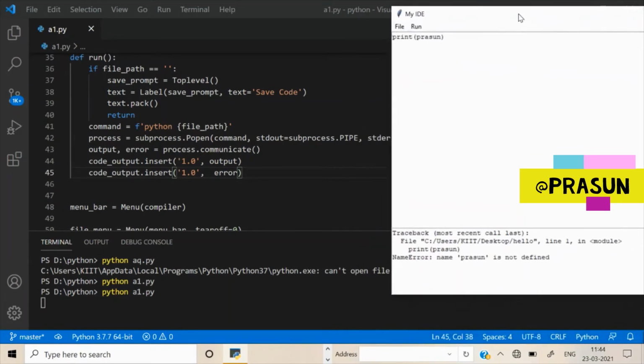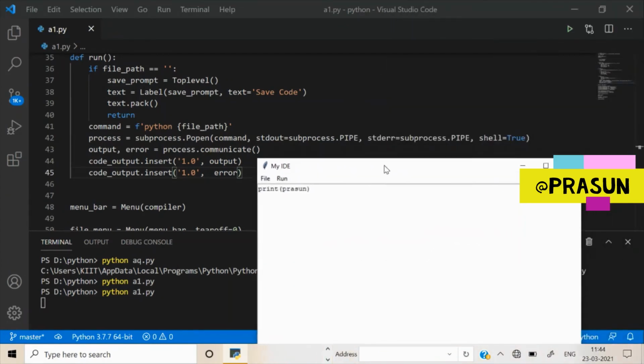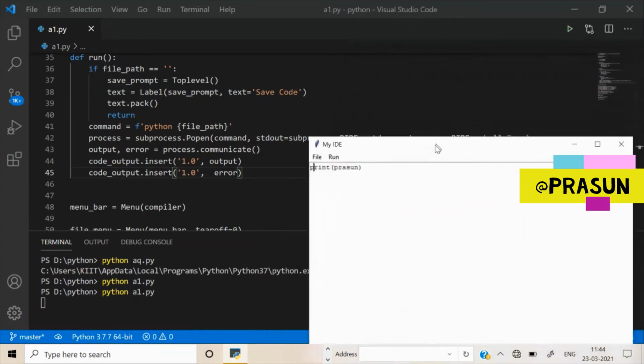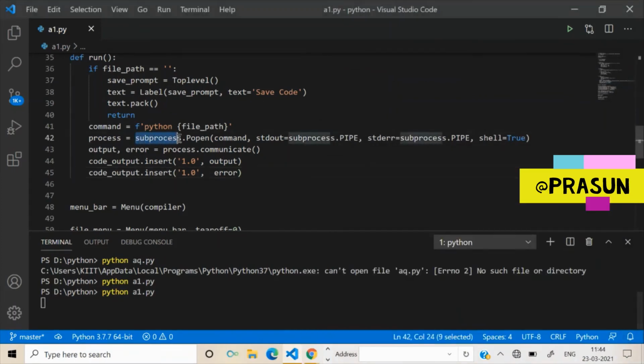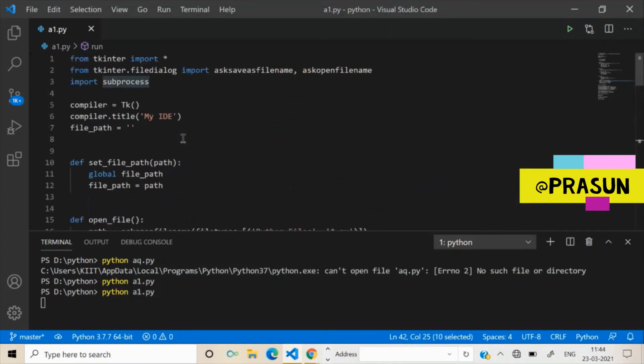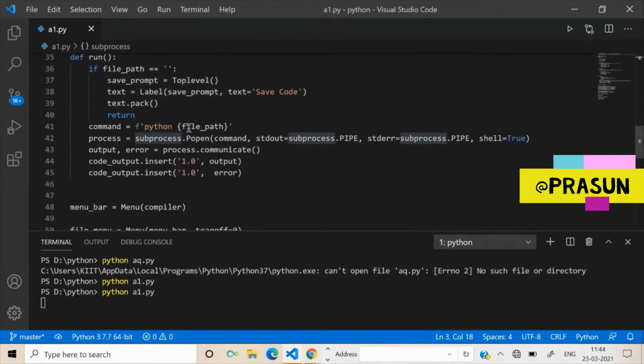So basically we are accessing this kind of error using subprocess, and this subprocess has been imported in our code at line number 3. We are accessing the content of the Python file, and we store it in a variable named command. Then we are passing this command through the subprocess.Popen method, and